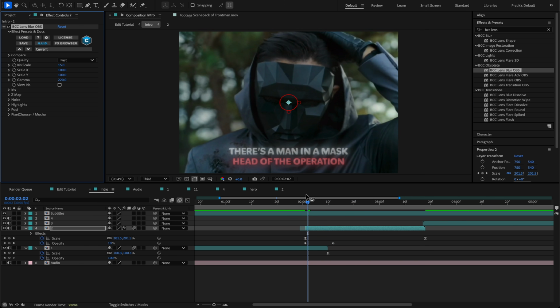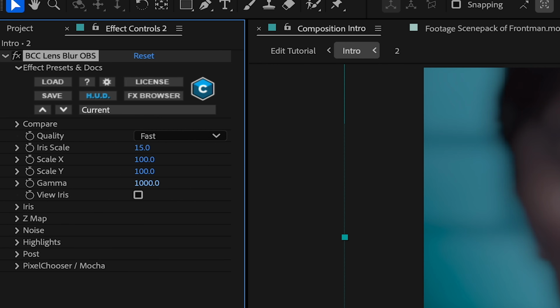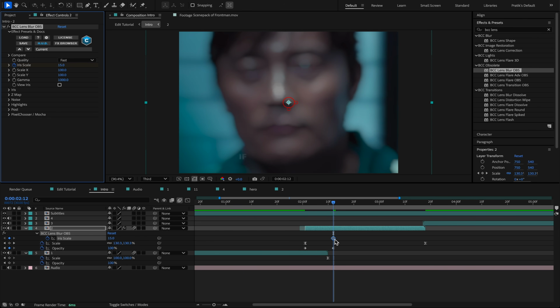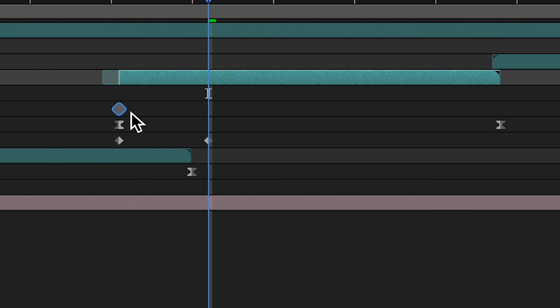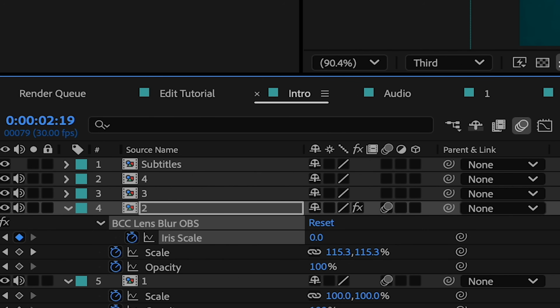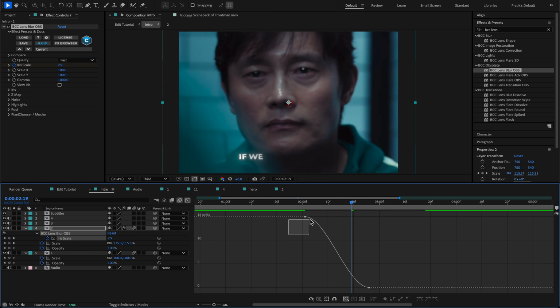Now let's adjust a few things over here. For the gamma, pull it all the way to 1000. Then we're going to keyframe the iris scale. Keep the first keyframe, whose value is 15, right at the beginning of the clip. Then somewhere around the middle, create another keyframe and bring down the value to 0. Now highlight both of these keyframes, press F9 to easy ease, and create a smooth graph here just like we